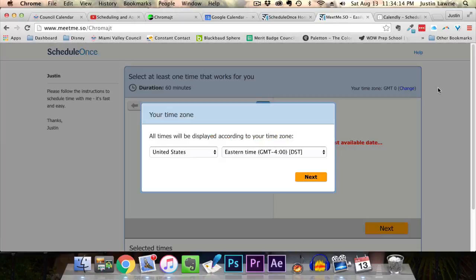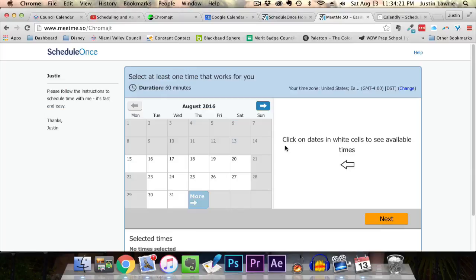This is what it looks like from the end user. So they're first going to be asked to select a time. Now, one of the nice things with ScheduleOnce is that it does not automatically give them their time. It gives them the option to request time. I will have to go in and approve that time and make sure it really does work with my schedule. That is unique, and that is something you really want to look for in a scheduling package. Time Trade does not have this in their package, and that was another reason why I decided to go with